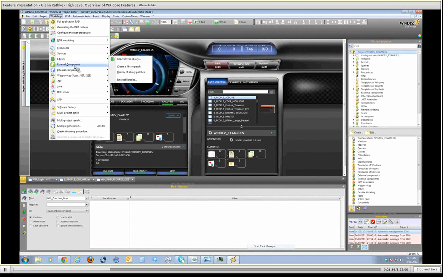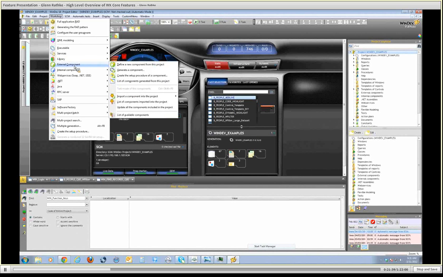We can define and create external components, which are handy when you want to distribute some kind of